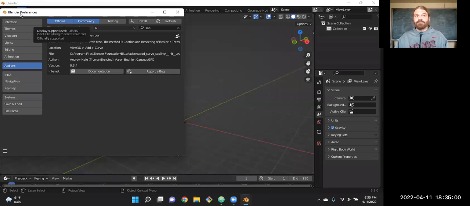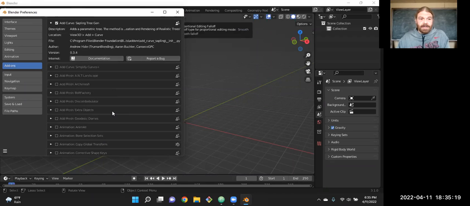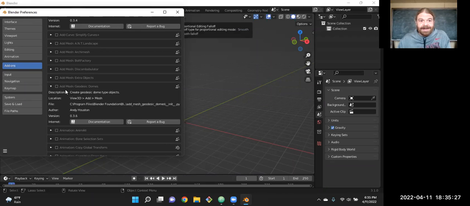So if you go to Edit and Preferences, under Add-ons, search for Sapling. And you'll notice there's no OK button or anything. Once you hit the checkbox, it's ready to go. And you'll see there's a whole bunch of them. People are adding things up. Geodesic domes, that's kind of a neat thing if we expand that.